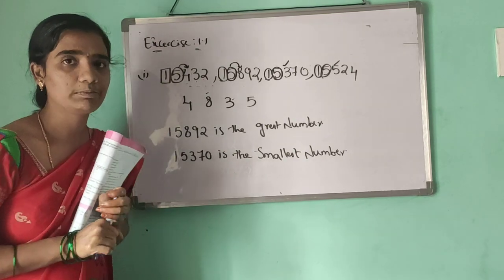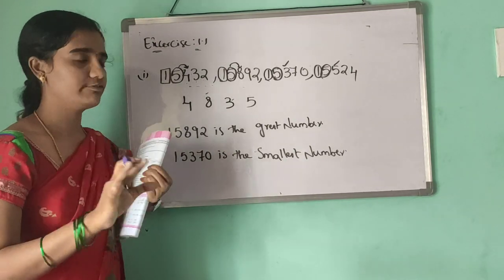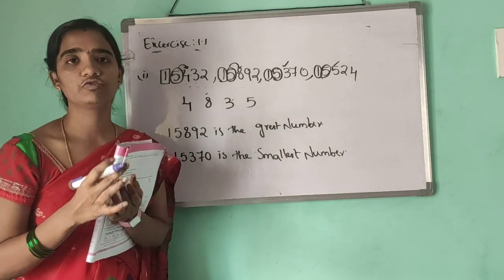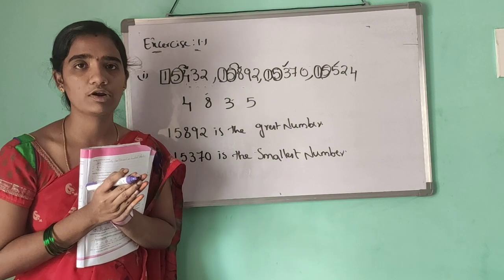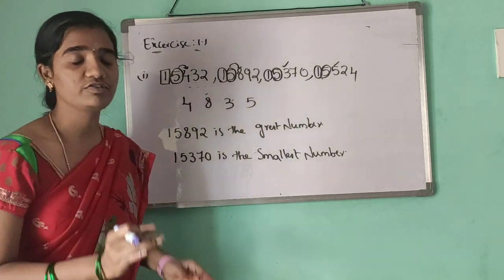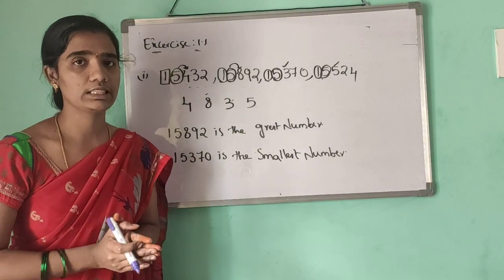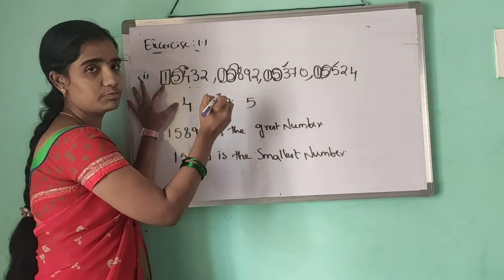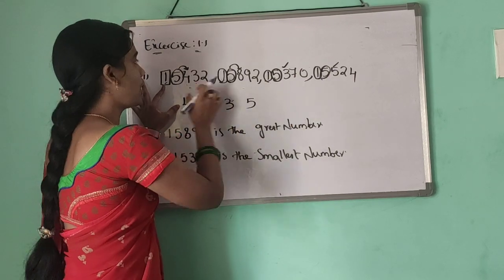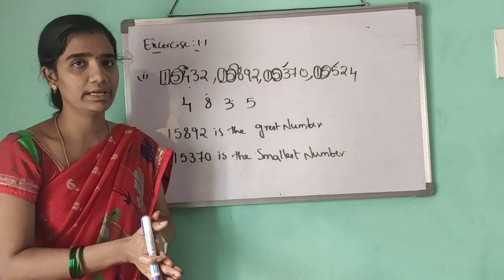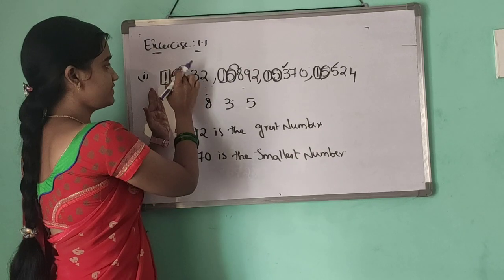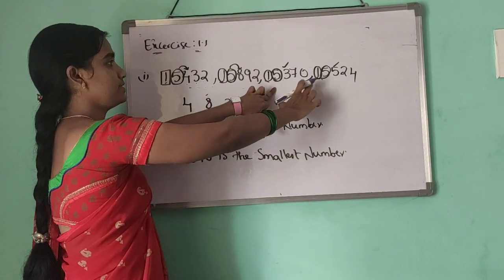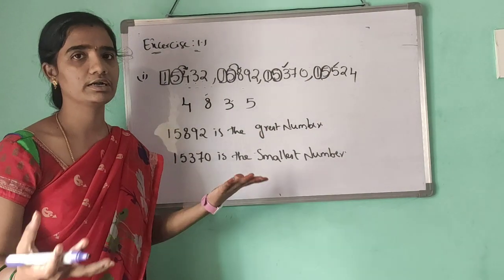Here I will explain one more time clearly. I hope you understand clearly. Here 4 numbers are given. We have to find out which is the greatest number and which is the smallest number. How can we find? We have to start with the 10,000 position. The first number has 1, the second number's 10,000 position is 1, and the third and fourth are the same. All our numbers are the same, so we cannot compare these. Move on to the right side, the 1000 position. Here 5, second number 5, third number 5, fourth number 5. So we cannot compare.